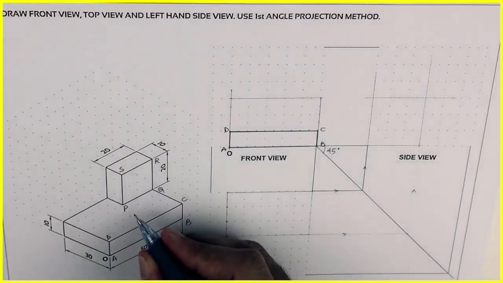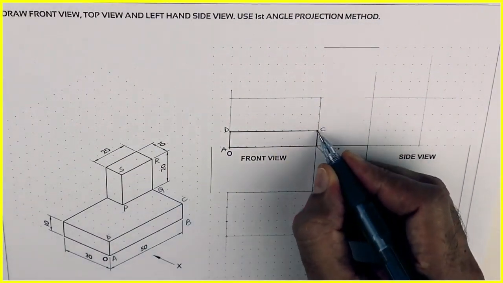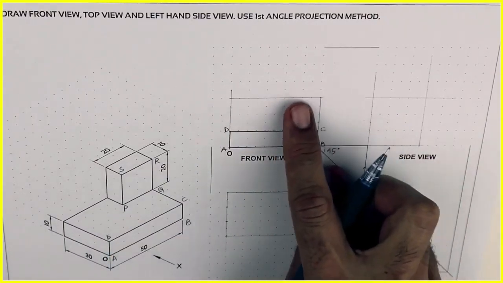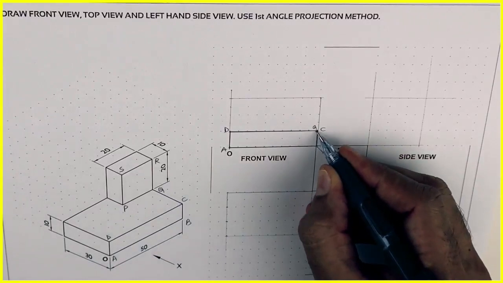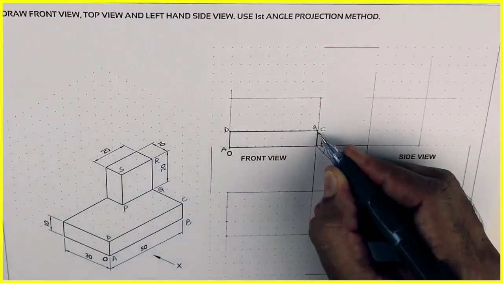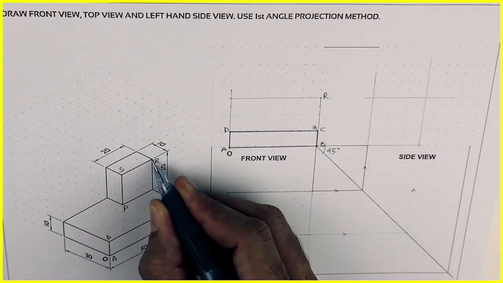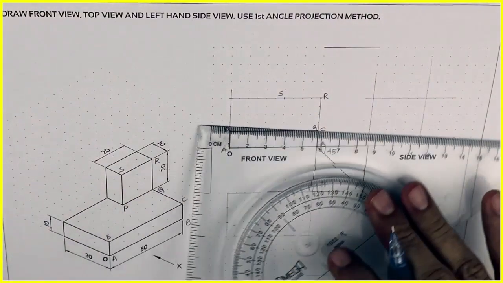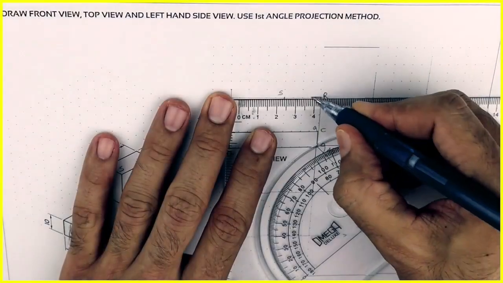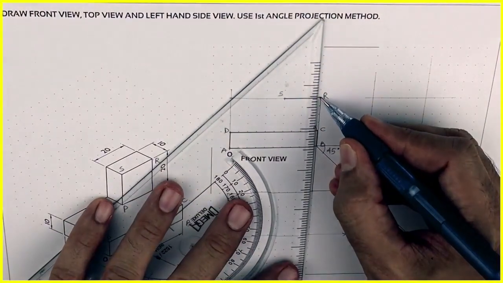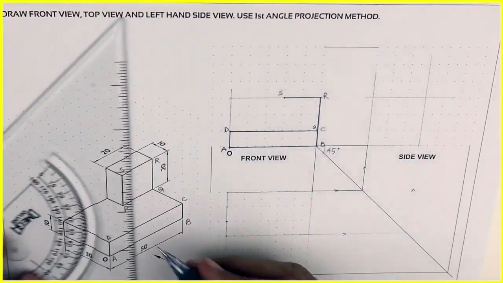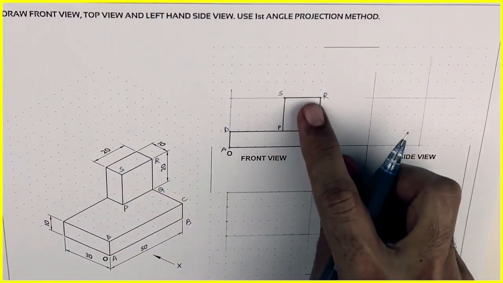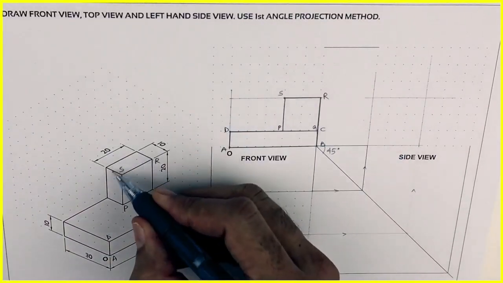Now see this, how much it is up? 20. So from here, which is Q, 20 by 20 rectangle we need to draw. Sorry, square. So Q to R is 20. R to S is 20 and S to P is also 20. So we'll mark 20, 20, 20. So we'll get the required front view, right? 2 rectangles we'll get, 1 rectangle and 1 square.